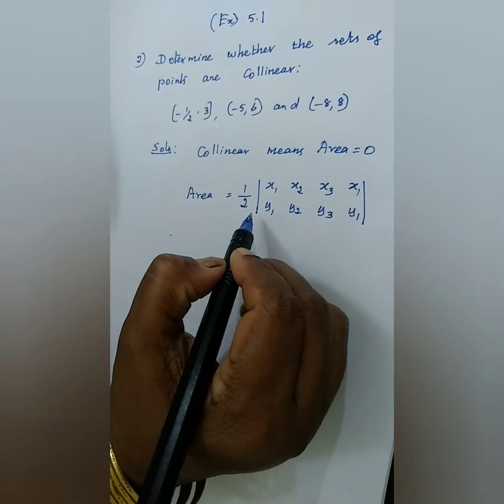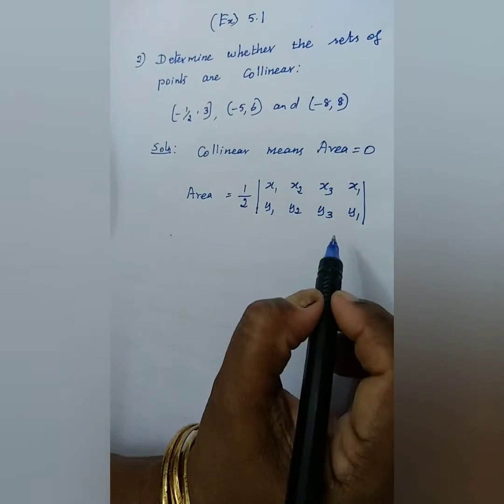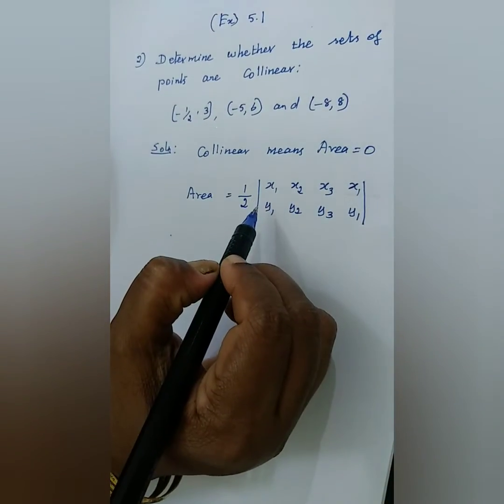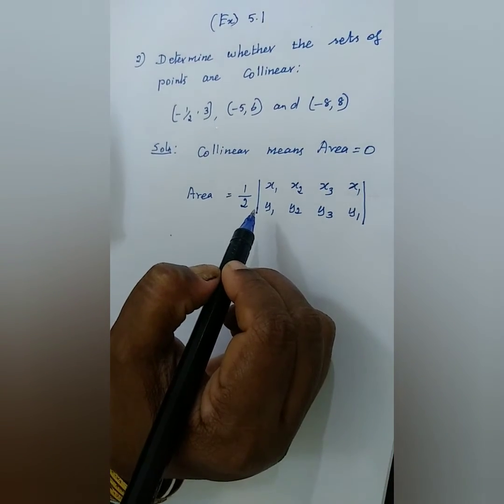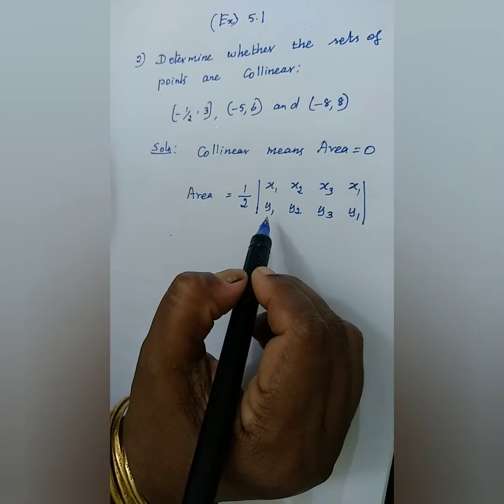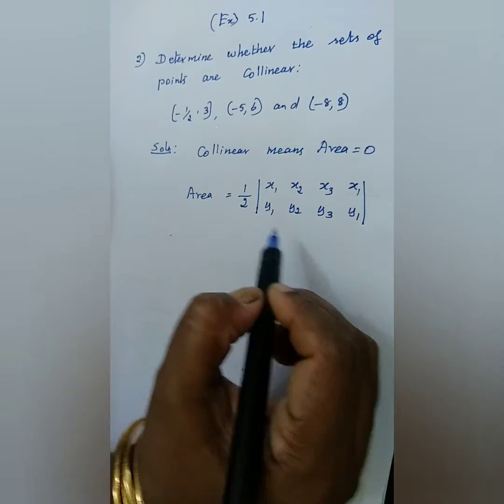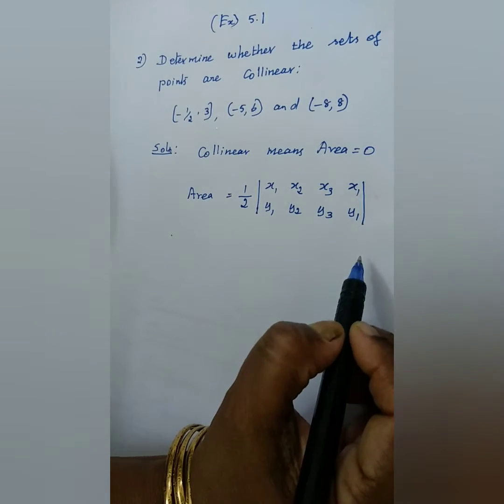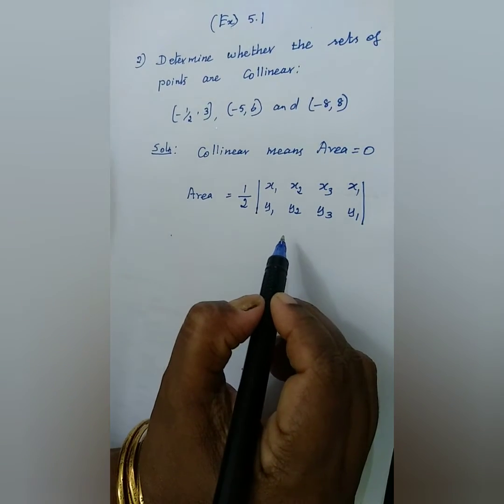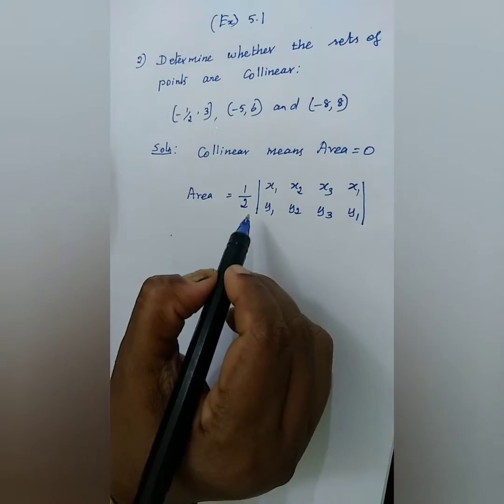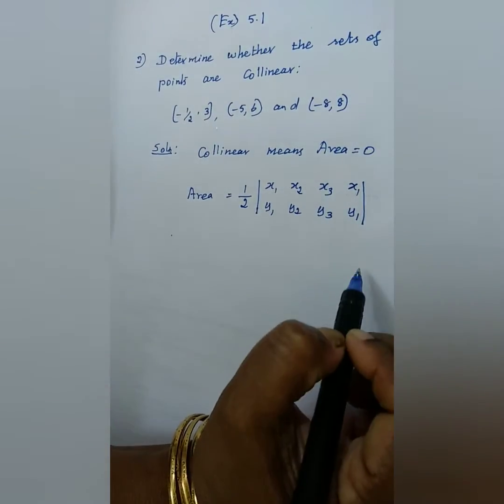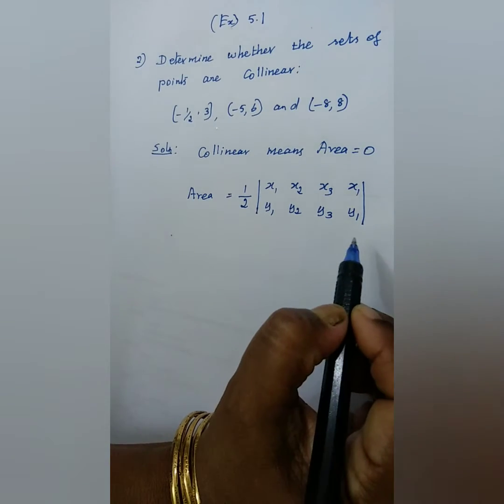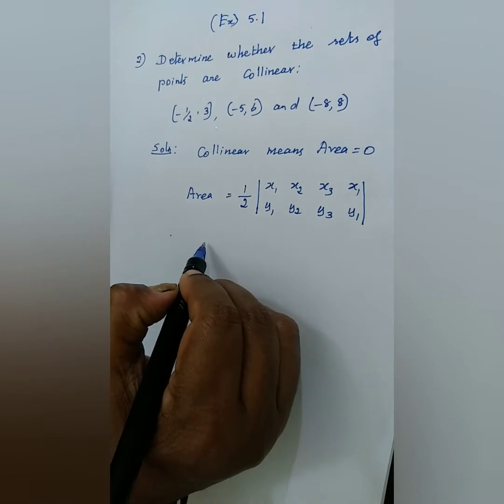So we have to write the points in order. Order-wise only we should write the points when we find the area. If you do not write like that, at last a negative sign will come, and the modulus of a negative sign will become positive, so for that we put this symbol. But if you take the points in anti-clockwise direction, then it will be okay. Let us do it first.